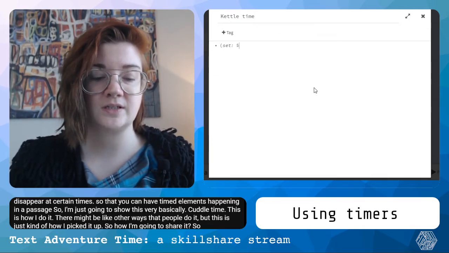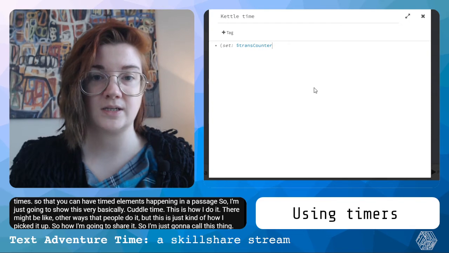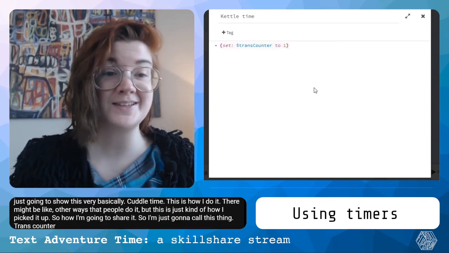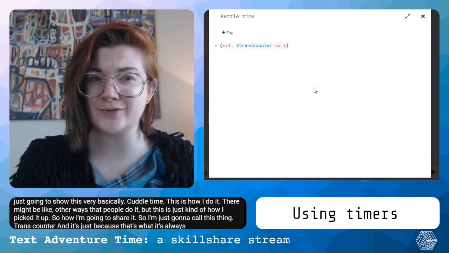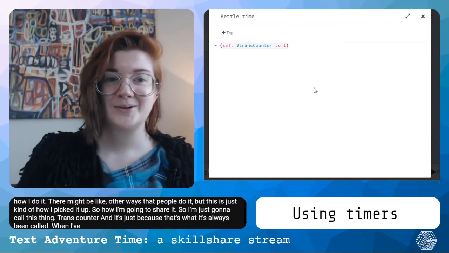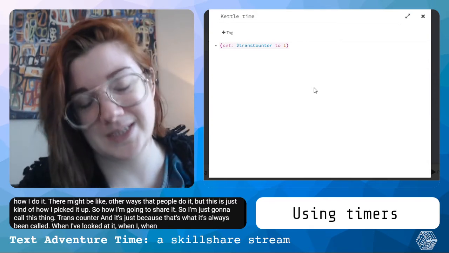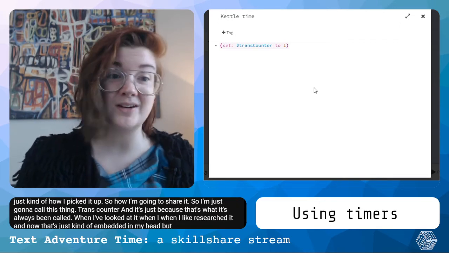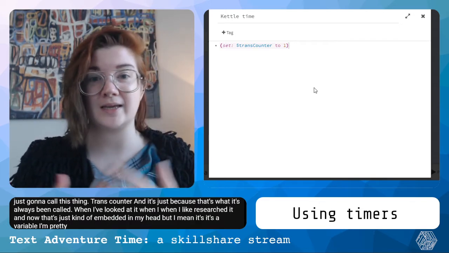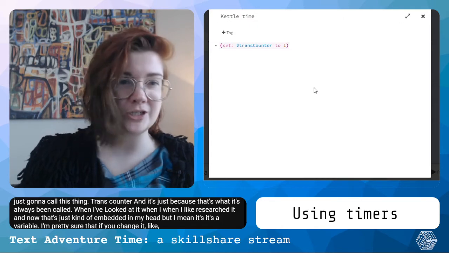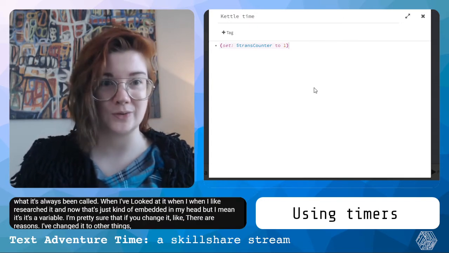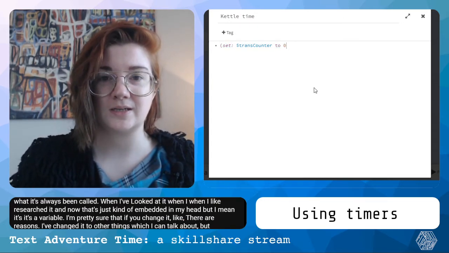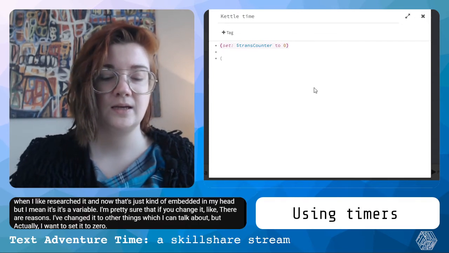So I'm just going to call this thing trans counter. It's just because that's what it's always been called when I've researched it, and now that's embedded in my head. But it's a variable. I'm pretty sure that if you change it, there are reasons I've changed it to other things, which I can talk about, but actually I want to set it to 0. And then